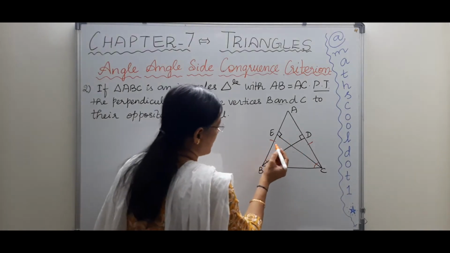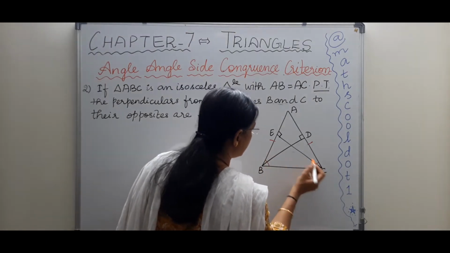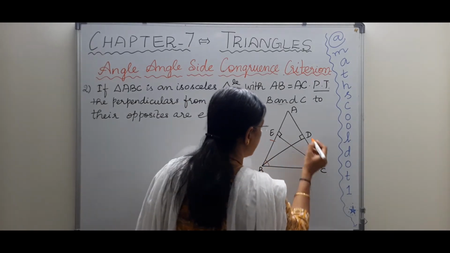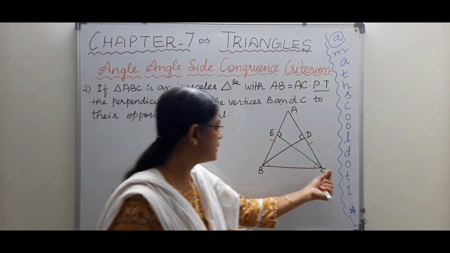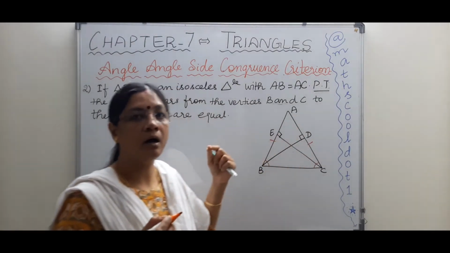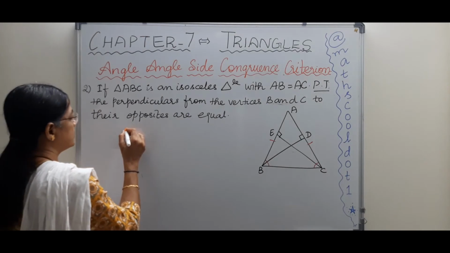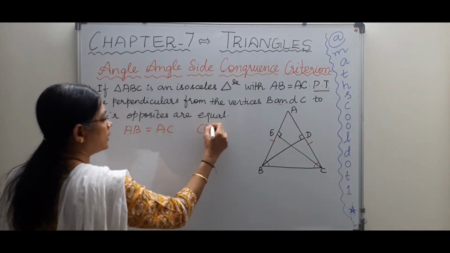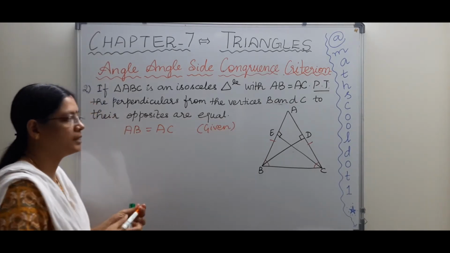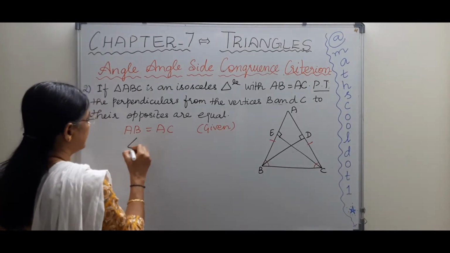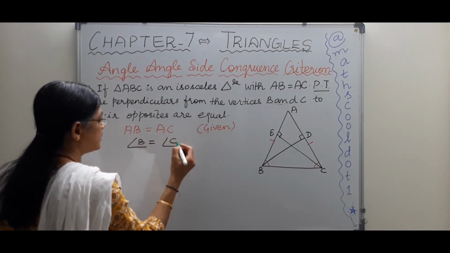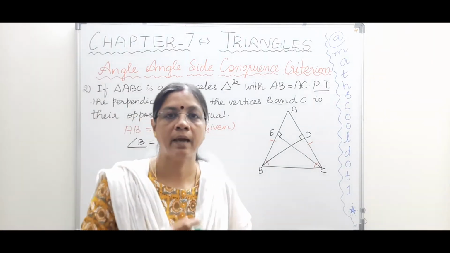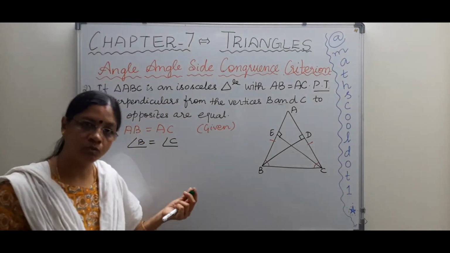Okay, see, we have BCE, so that CE is there. Next is BCD. BCE and BCD are the two triangles. So first we'll start with the given thing, AB is equal to AC. So that is given. From that we can understand that angle B is equal to angle C, because when two sides are equal, the angles opposite to them are equal. So B is equal to C.